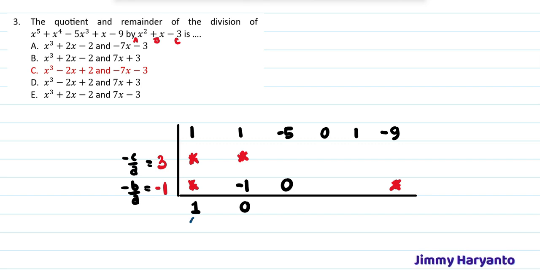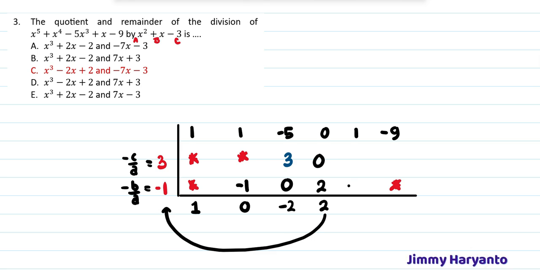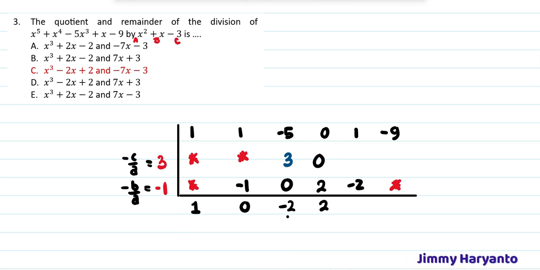And then the previous numbers times it with the 3, you will have 3. And then you will add this one again, so you will have negative 2. Negative 2 times negative 1 equals 2. 0 times 3 equals 0. And then you will add this, you will have 2, times it by negative 1, you will have negative 2, times the previous numbers with the 3, negative 6. And then you will have negative 7.